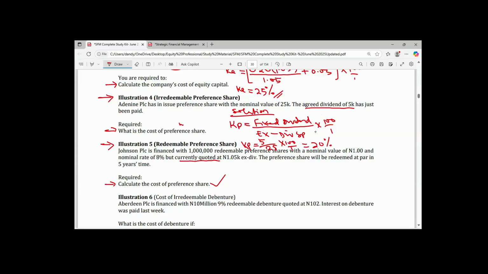So it's as simple as that. Like I said, all these examples that we have been discussing are just elementary, meant to explain the concepts. This is not the kind of question you are going to see on the day of your exam, especially at your level, which is a professional level.